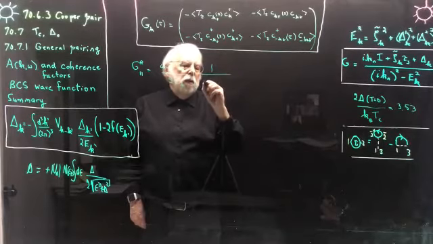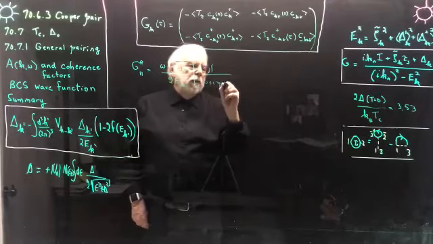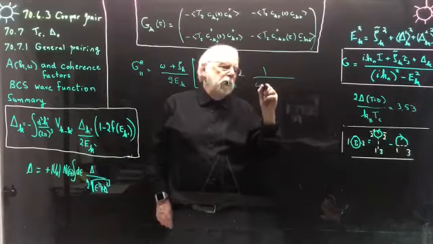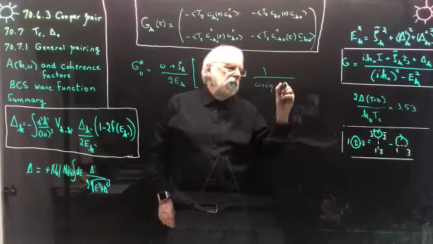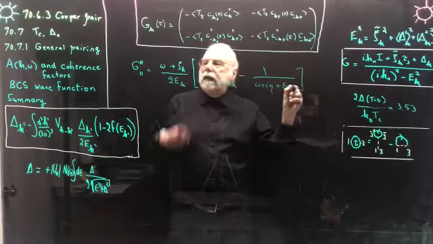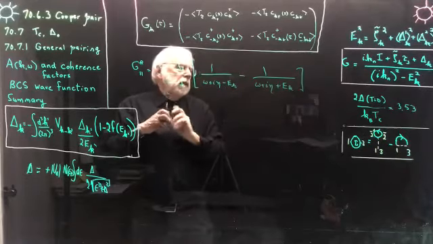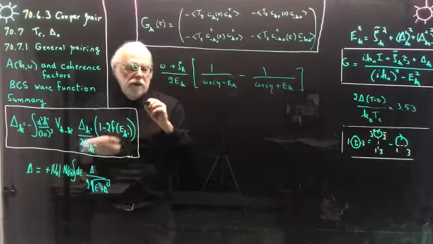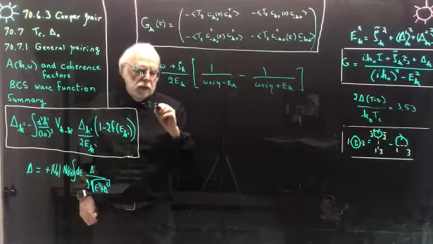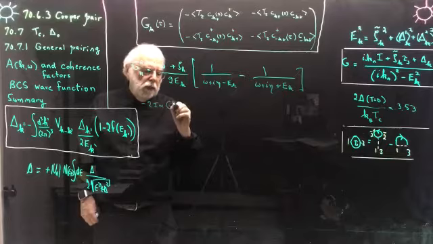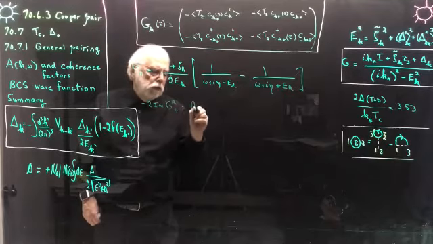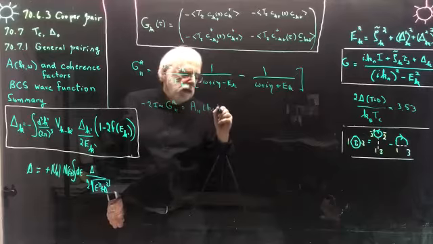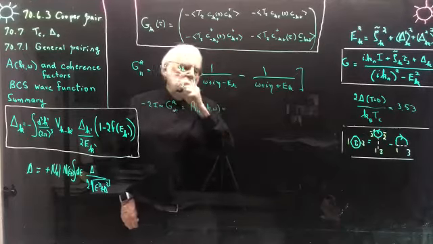1 over omega plus I eta minus Ek, minus 1 over omega plus I eta plus Ek. I did not put the plus I eta here because it doesn't lead to anything. So now if I look at minus 2 times the imaginary part of G retarded 1,1, that's equal to the spectral weight for upspin, A of k and omega. And you see that it's equal to